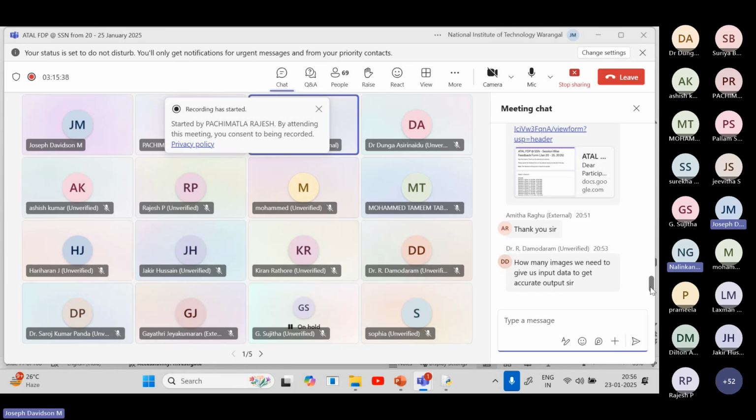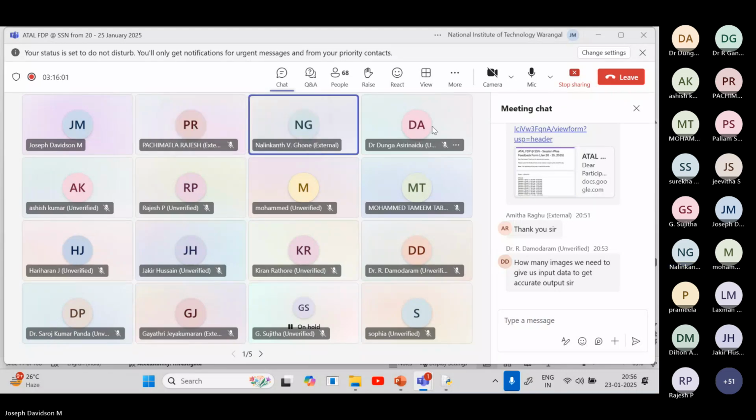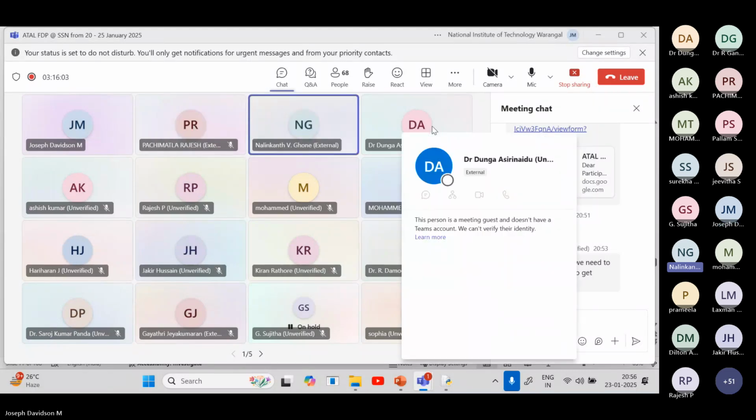Just to give the broader picture in the field of biology and healthcare, for example, more specifically in corneal imaging: whenever they take snapshots of the cornea, based on the image itself they will predict and tell whether the image is proper or whether it has a disease or not.